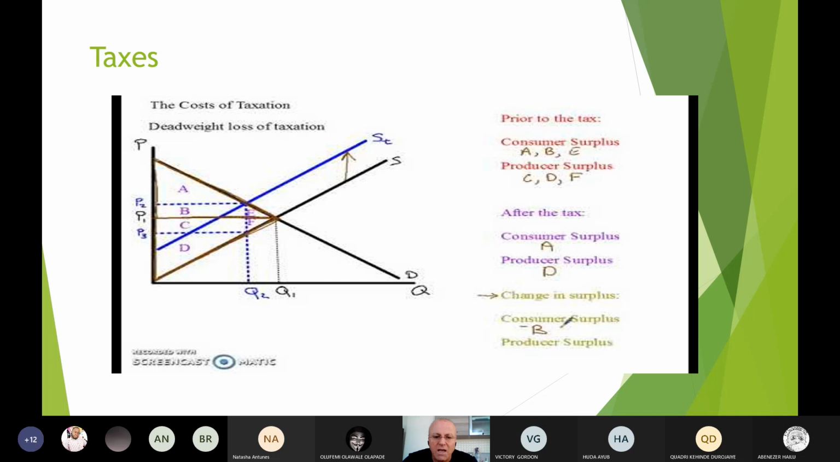This is of course prior to the tax, and after the tax, consumer surplus is reduced to A, and producer surplus is also reduced to D, because there is a tax collection, and the change in consumer and producer surplus is indicated with B and C here, because this is the collected amount of the tax which is distributed to the government. Therefore, B plus C is the government collected tax, A is the consumer surplus after tax, and D is the producer surplus after tax application, which reduces both parties' resources, let's say,